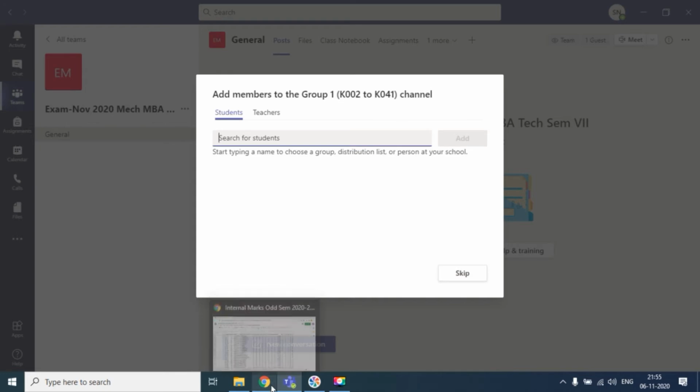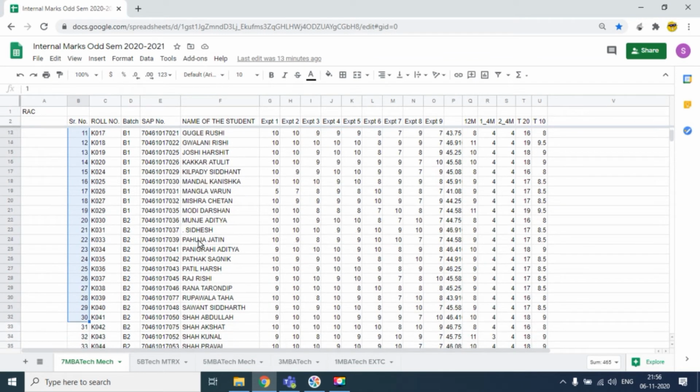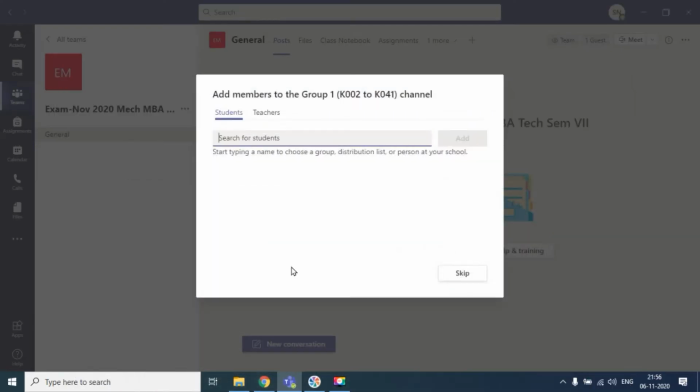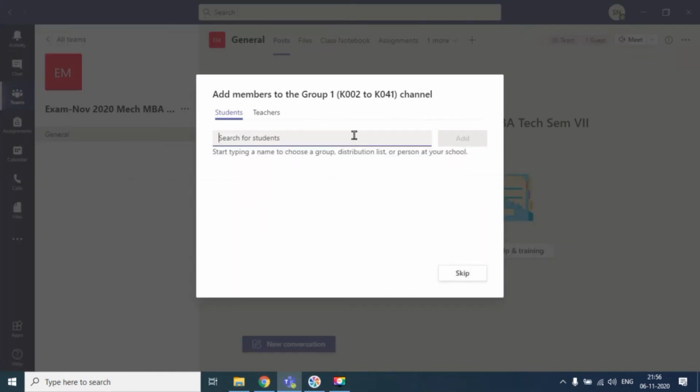and we would be needing to do this particular activity over here. So these names we would be needing to type. All these students in that particular group we would be needing to add one by one. I'm just skipping this at our end, or else I'll just show one part. So Agarwal Rahul, you can see this name does pop up, so I'll just add him. We would be adding everyone, however many students are there in that particular group, and I